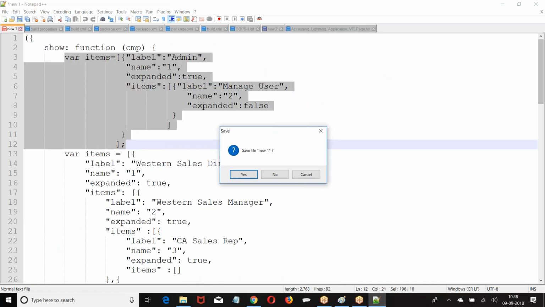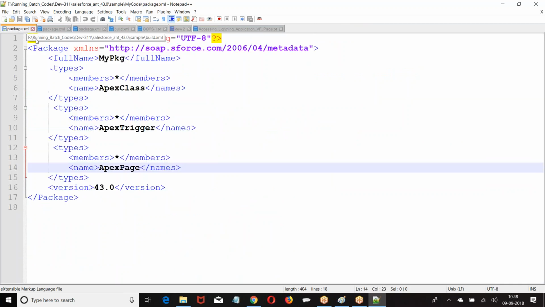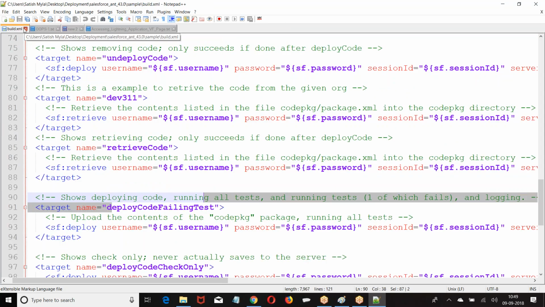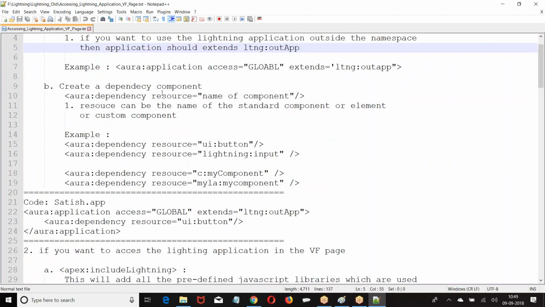Now let us see. We are trying to understand how to include the lightning component within the lightning.